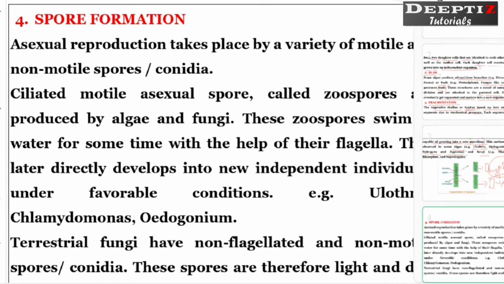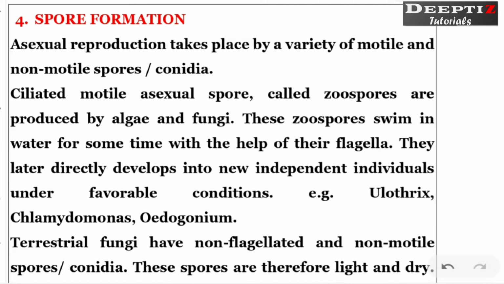Now, the fourth mode is spore formation. Spores are asexually reproducing units. These can be either motile or else non-motile. Motile spores are capable of moving themselves and non-motile spores need some other external support such as flowing water or the wind. Such things are required, right? One example is given here, conidia. This is one of the important types of spore. Many a time questions are asked even in board exams. So you can just remember this one and we will cover it in detail.